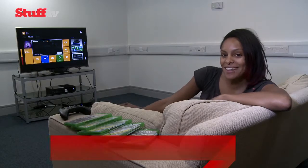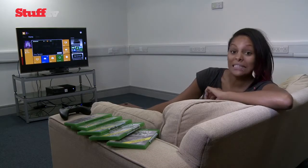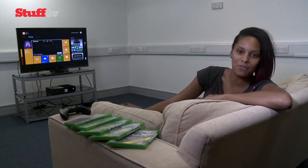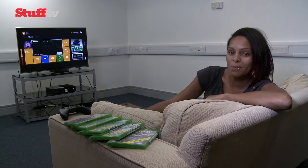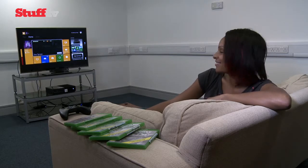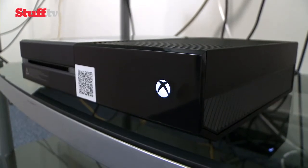It's an exciting time for Xbox lovers thanks to the Xbox One, and this TV integrating entertainment powerhouse is still intent on taking over your living room, controlling games, cable TV, music and movies, all from its big black angular box. Want to know more? Let's go. The first thing you'll notice is the Xbox One is a beast of a machine,